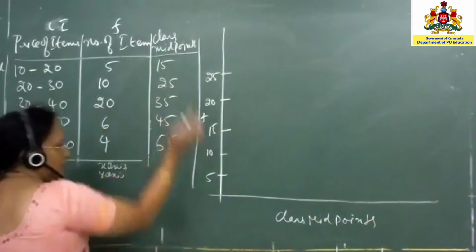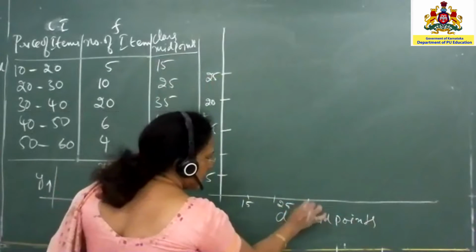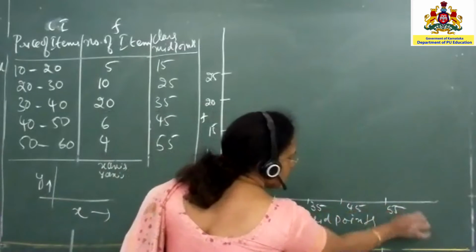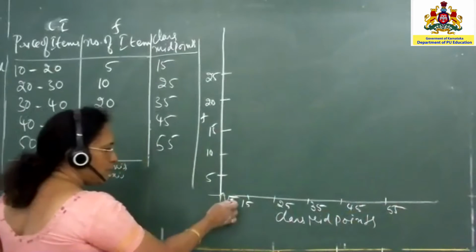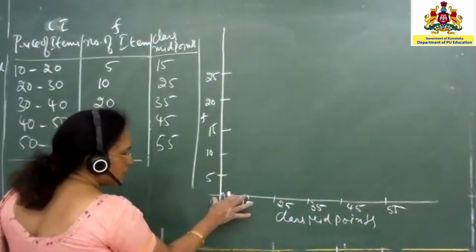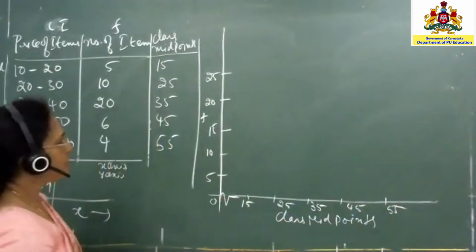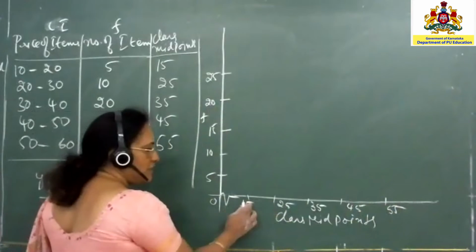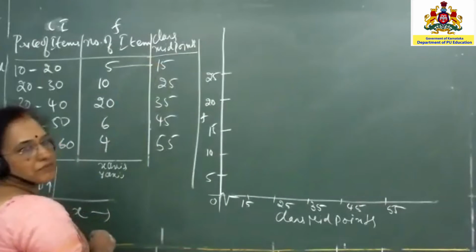Now first number is 15. So you can start with 15. Now next is 25. Next is 35. So next is 45. Now next is 55. I hope all of you know this one. You can just show that fonts baseline or you say breakup, because now this number is not taken into account. From here to here you will not take into account. Now from here to here you will take the units into account. That means when you are writing the scale on the x-axis, it says 1 centimeter equal to 10 units.